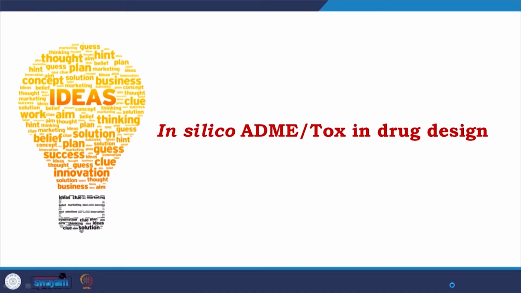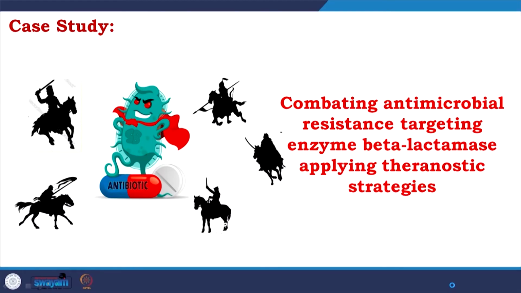To solve the problem, one of the best ways is to replace the experimental procedures with computation. With computation means with computational algorithms, with computation in prediction of the structure, in training, pharmacophore modeling, QSAR, docking and all of them. But one of the major aspects is, after doing all of them, when you think that you already have a successful drug, it could be that the molecule is not druggable. So, druggability has become a very important issue which could be very well solved by replacing it with an in silico ADMETox process. And after discussing in silico ADMETox, I have introduced the case study for combating antimicrobial resistance